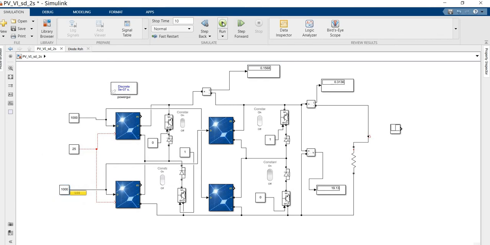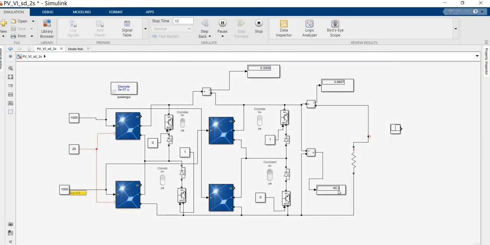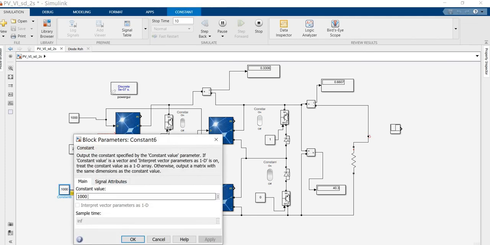Now I am going to run the simulation, right? So now the simulation is running. That is no problem. We obtain around 40 plus volts, around 19 plus 19, from the two sets of panels connected in series. It may be double the value. At the same time, now I am going to change the irradiation value from 1000 to 100.